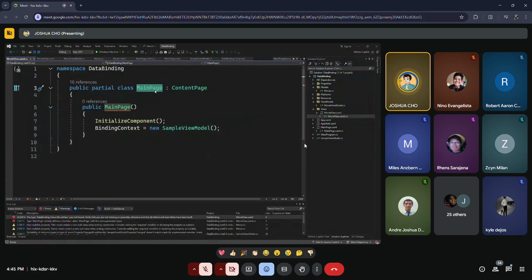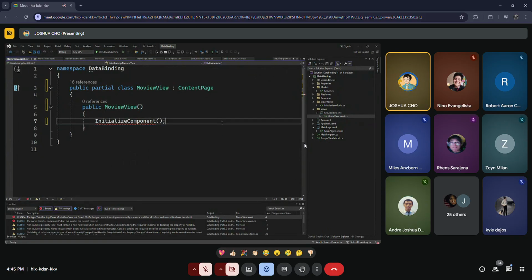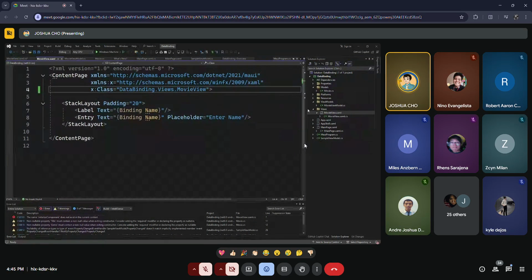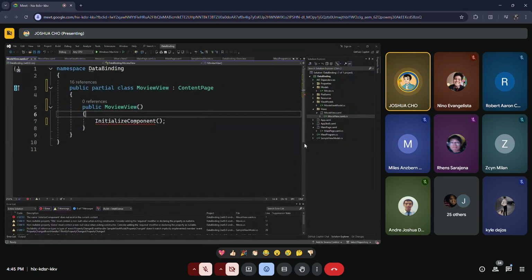So there should be movie view. Initialize component.